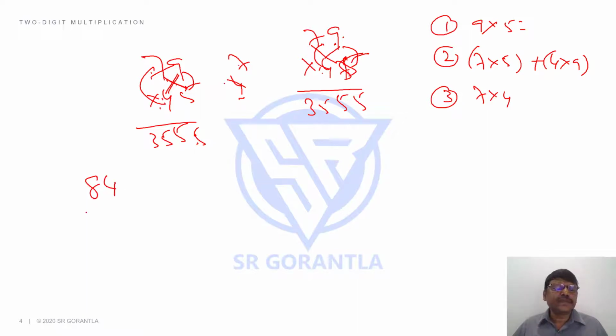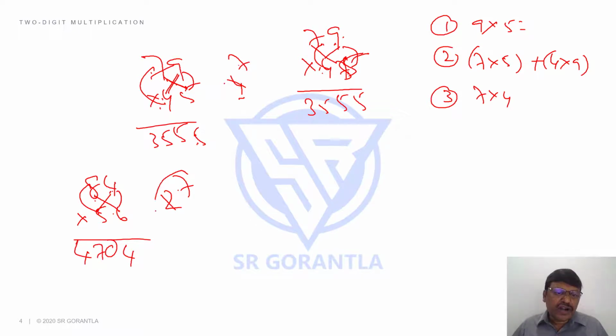84 into, say, 56. So what is the first step, students? 6 4s are 24, 4 here, 2 carried. What is the second step, students? 6 into 8, 48, 5 into 4, 20, 48 plus 20, how much is it? 68, 68 plus 2, 70. The third step, students, is leftmost places. What is that? 5 into 8, 40, 40 plus 7, 47. Is that fine? We should not even write the carried number, students.